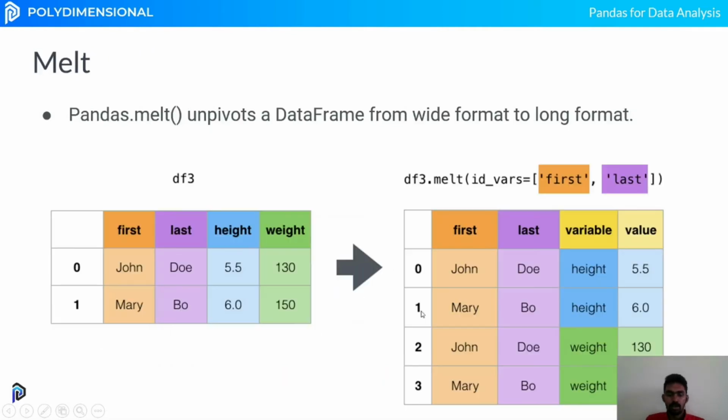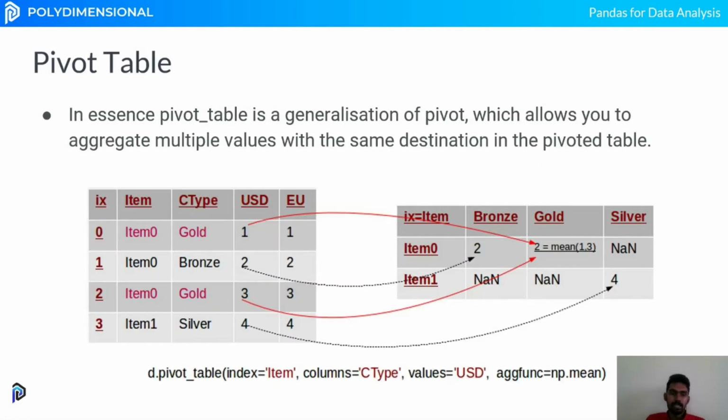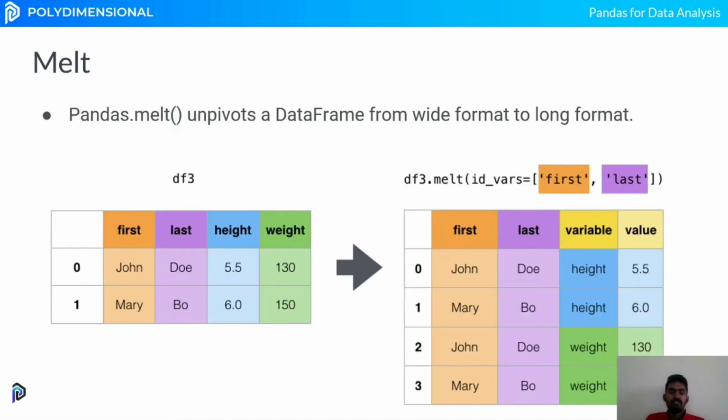Moving forward, next we will also have stack and unstack, which we'll see in the coding part. And finally, it brings us to melt. Melt is the opposite of pivot. It converts wide to long, so more columns are converted into rows. I can choose the ID vars. I'm choosing the first and last columns to be converted to rows. Their combination is created, and we can also choose the value that we would like to pass.